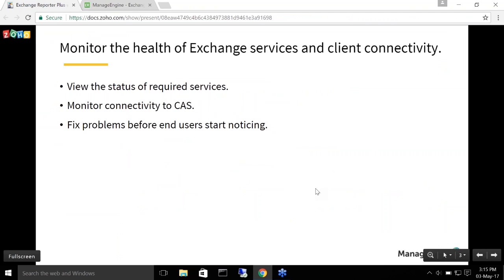So the very first task for today is this. We are going to monitor the health of Exchange services, and we are also going to monitor client connectivity. So as you can see, there are two subtasks that we are going to perform for the very first topic in today's agenda. So if you take the very first task, I'll mention use cases for both so that you